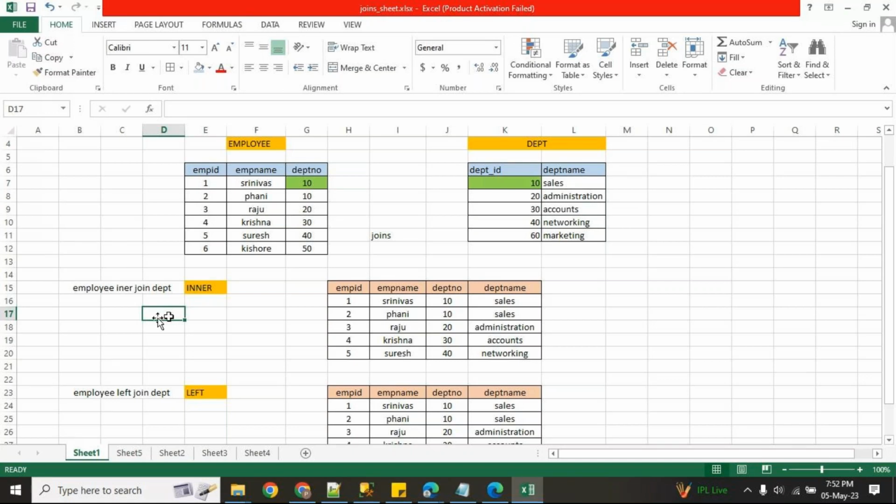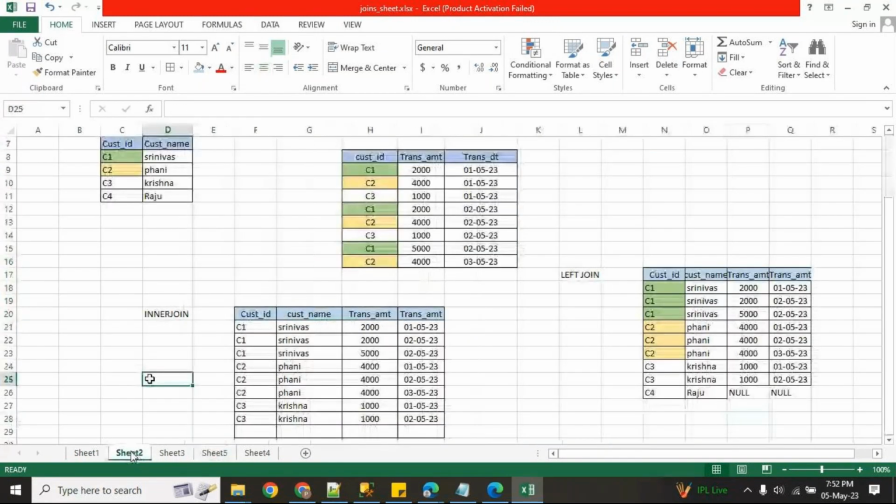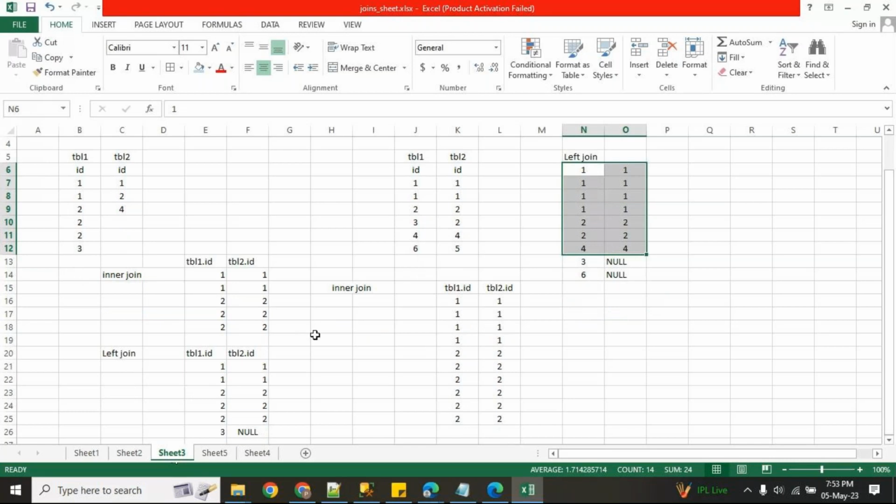Now come to this sheet. We discussed the left join, right? Let me take one example, this one is important.